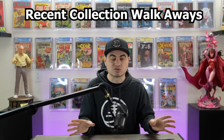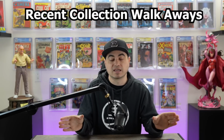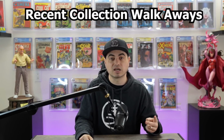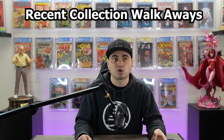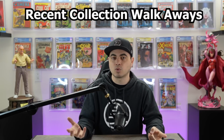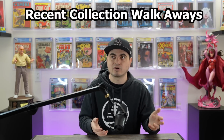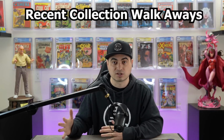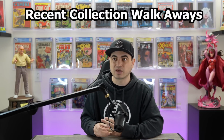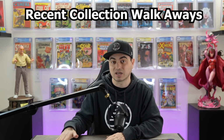Two short boxes were just keys that would probably be worth getting graded. The two biggest books in the collection were a Giant Size X-Men #1 mid-grade and a Hulk 181 mid-grade. Now the Hulk 181 was missing the Marvel value stamp. So those two books could really put you closer to that 30 grand. It could make the whole collection worth it. But in this case, I think it would put us at about $5,000 in value in those two books after getting them pressed, cleaned, and